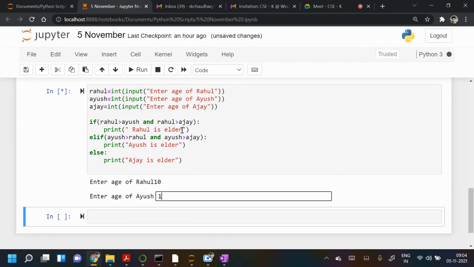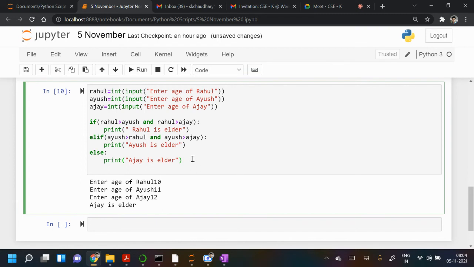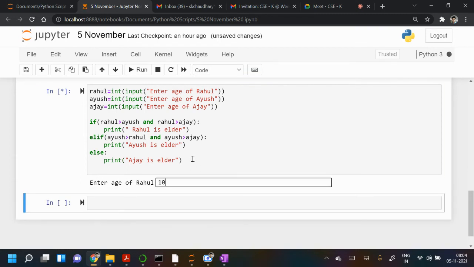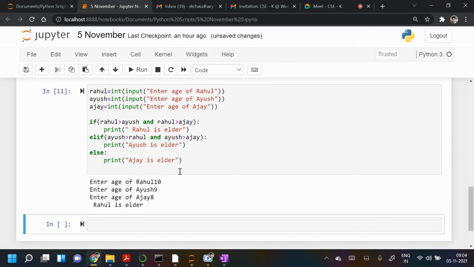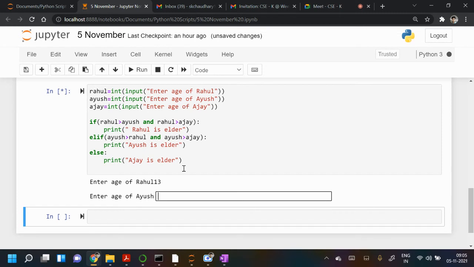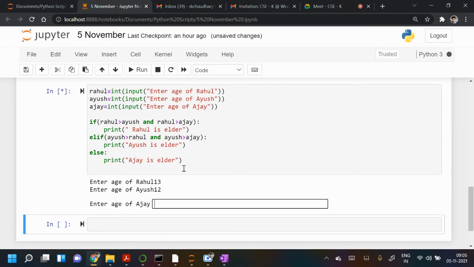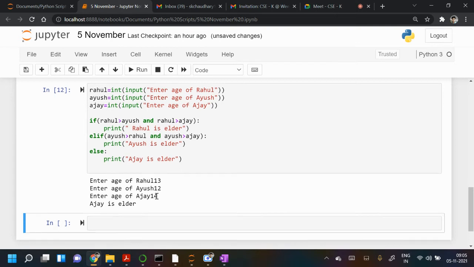Okay, let me take the same input. Is it fine? 10, 9, 8, Rahul. So this works because it worked for you. 13, 12, and 14. Okay, it's fine.